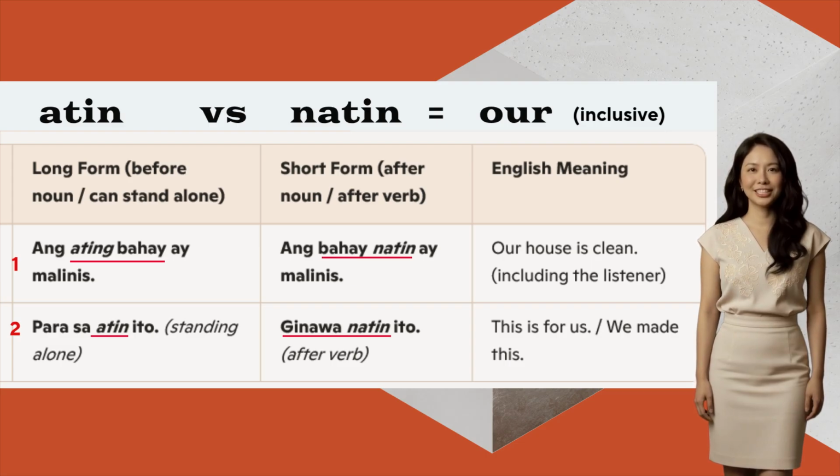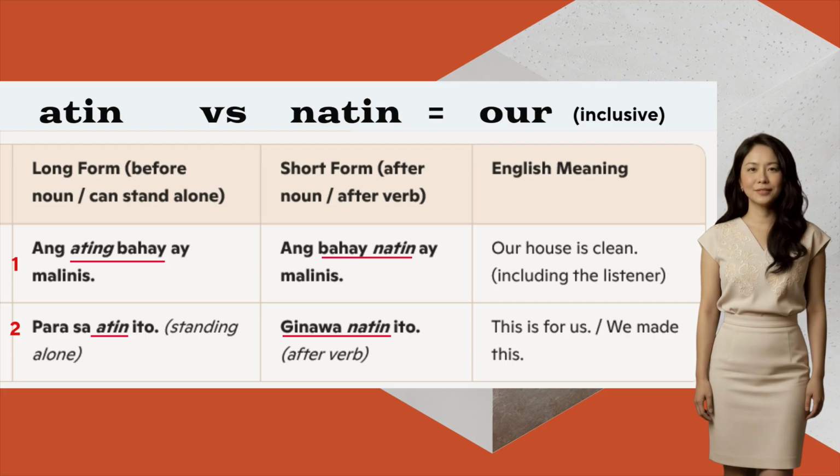So you can't say this is for our or made our this. So even though the Tagalog meaning stays inclusive our, we translate it as us or we to make the English